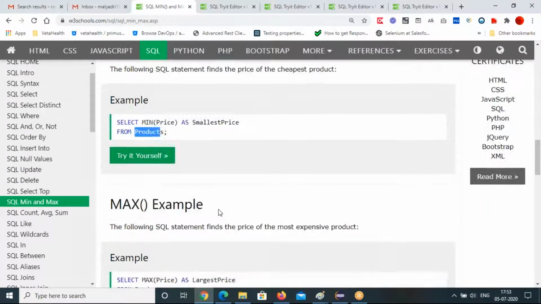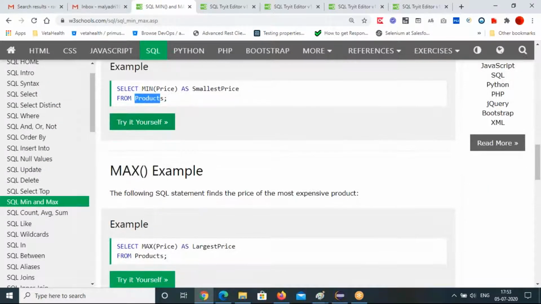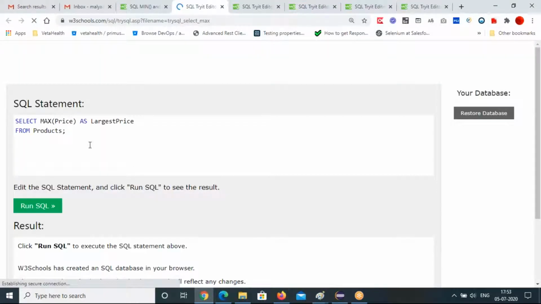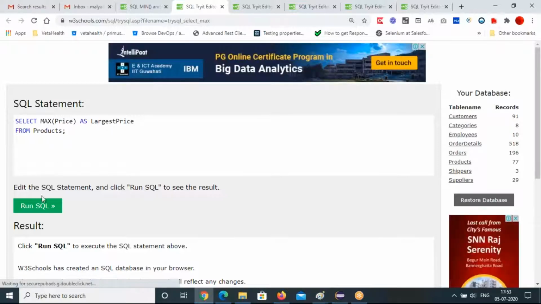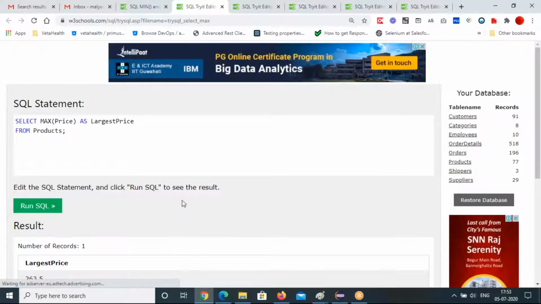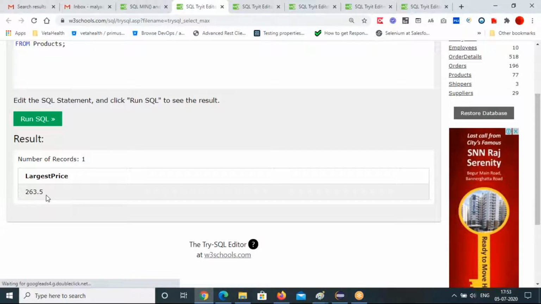Then max price. Select max price as largest price from products. Execute this. 263.5.